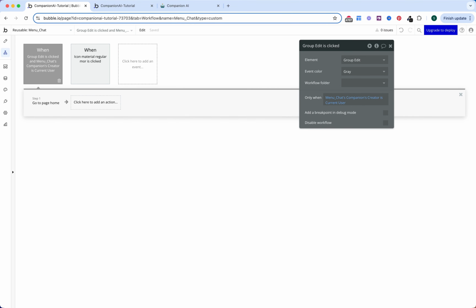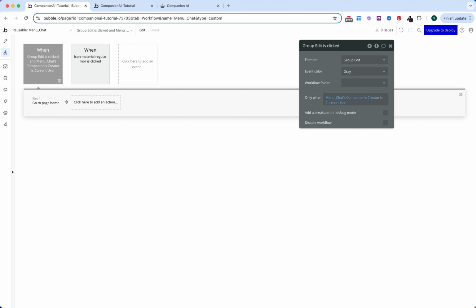Now this workflow will work only when the companion that we're chatting with, its creator is the current user. We're gonna hide the menu when it's not the current user, but there's always a good reason to make extra